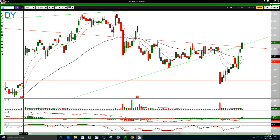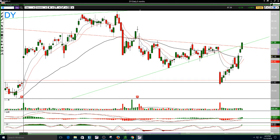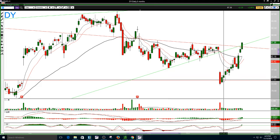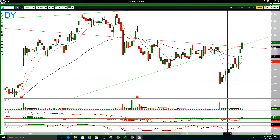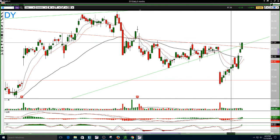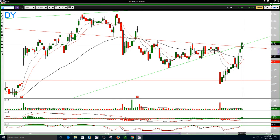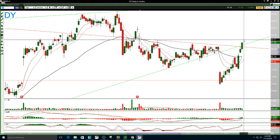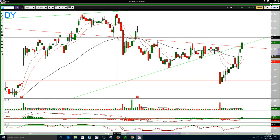DY. Now, the chart has had quite a nice aggressive move off of this gap fill down here, right down into the low 70s, all the way up to now the high 80s. So I would be looking for a little bit more push on this chart. Nice strong candle here. We had buyers basically from the get-go right into the close. I think if we can see DY give one more push right up into this 88.50 range, I would like to see right up to this top here,